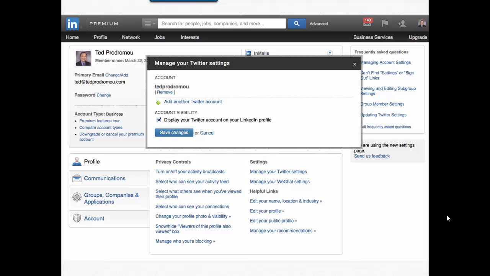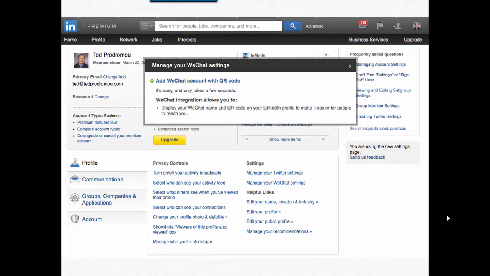You definitely want to add your Twitter account to this because you can put your updates out. They can go out to Twitter at the same time. They used to show all your Twitter activity on the news feed, but it got too busy, so they turned that part off. But now everything you post here, you can send to Twitter at the same time. And you can display your Twitter account on your LinkedIn profile, which I highly recommend because we want to get the word out about us. And WeChat: if you use WeChat, you can integrate it here. I don't use it, so I don't have it set up here.